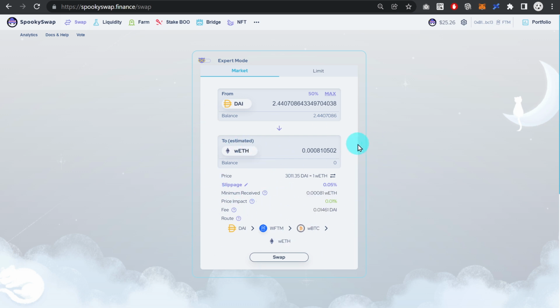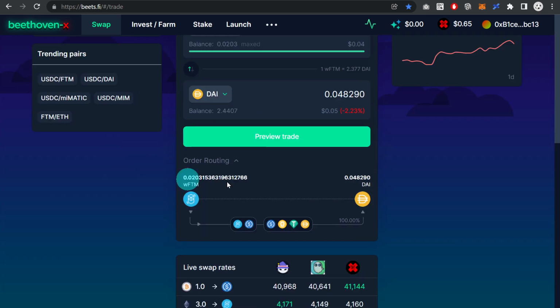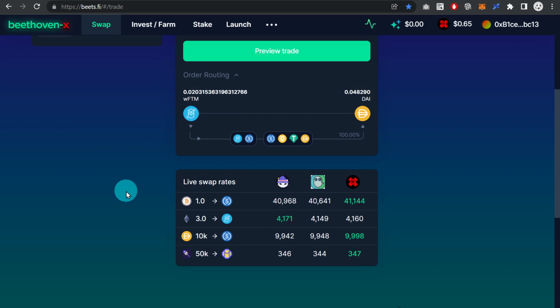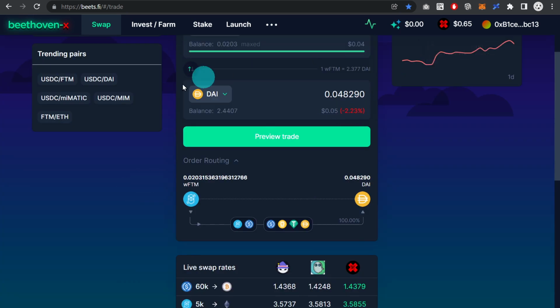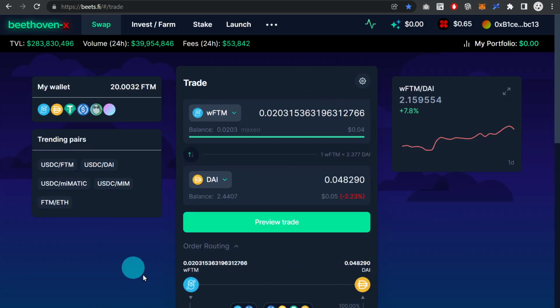If you see something like this and you've got quite a bit of money to swap, not just $2 as in this example, what you can do is use a platform such as 1inch or Beethoven X. That's a decentralized exchange aggregator, a DEX aggregator. And so what a platform like this does is it looks at the exchange rates of different liquidity pools of different decentralized exchanges, and it tries to find the best prices at every DEX and combines your swap by swapping across multiple exchanges. So 1inch is very popular, Beethoven X is also used quite a bit.